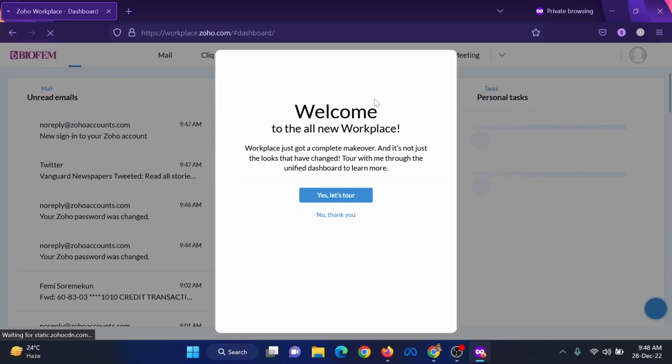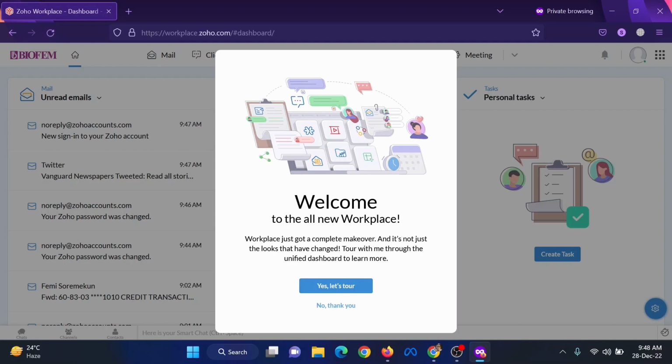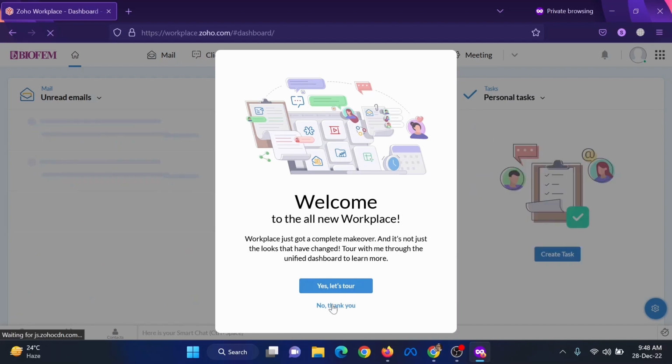Okay, it's loading up. Let's give it a little moment. Okay, it's showing welcome to Zoho. Yeah, that's it. So you can take a tour to know what it is, but let's close